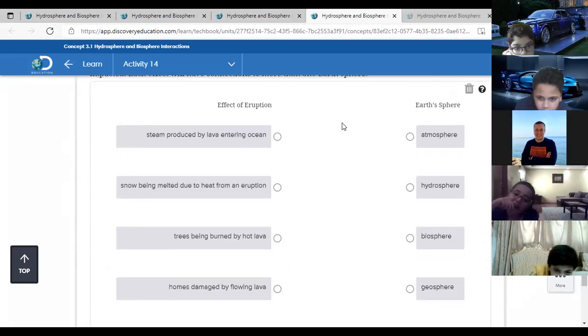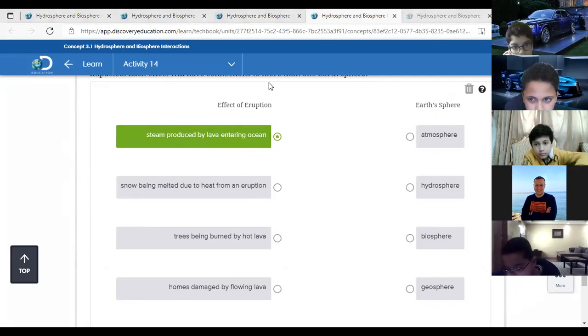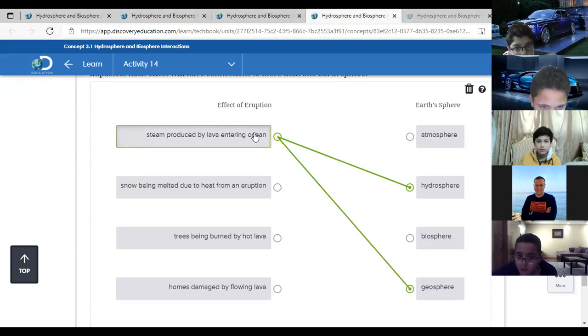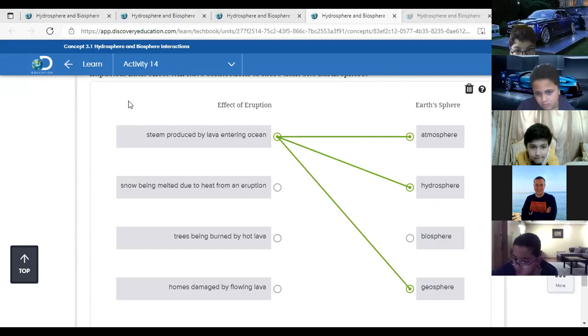Okay, guys, let's start the first one. The steam produced by lava entering the ocean. Jasser? Hydrosphere. And the lava, this is melted rocks. Geosphere. Also, this is steam, like hot gases, so it is related also to the atmosphere. Thank you. The next one,